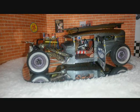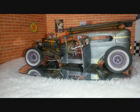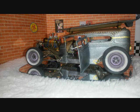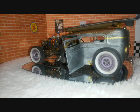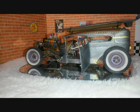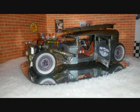And then you can see the keychain shaking there. Got a key in the ignition. The dash, you really can't tell much detail with the dash, with the door in the way. You know, and then of course we got